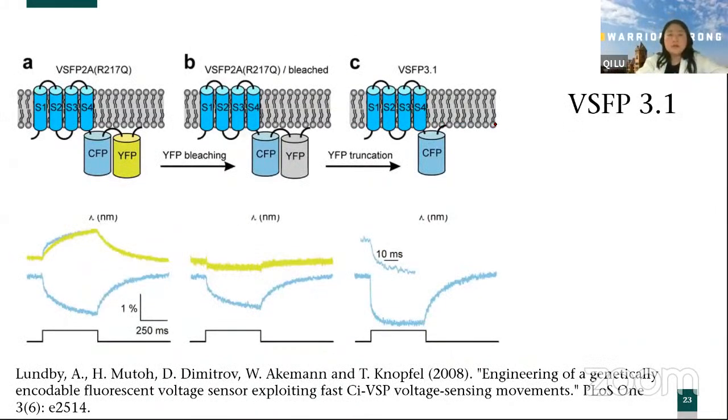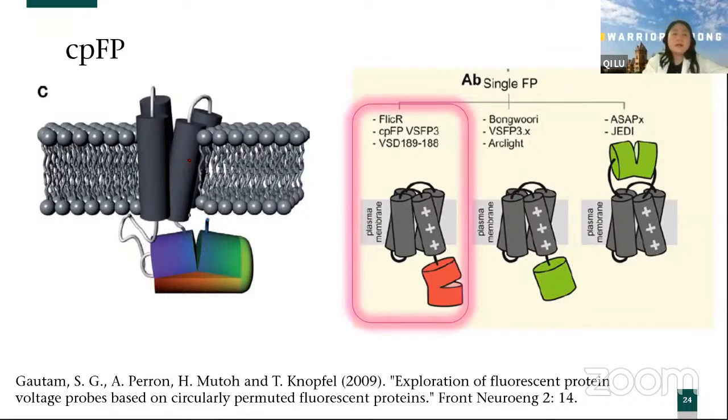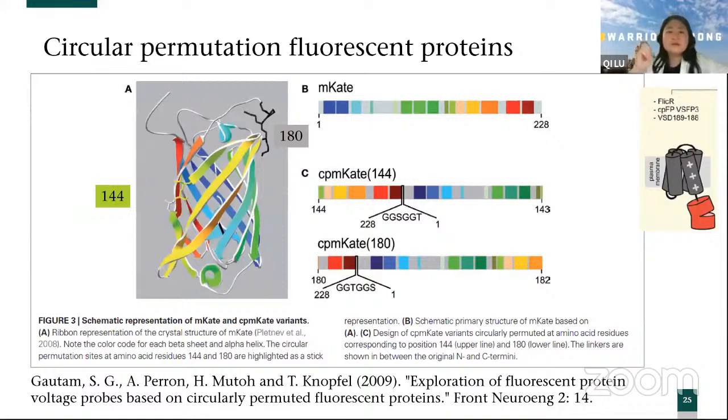Another is the VSFPs, where they truncate and only keep CFPs. Okay, another was developed in 2009 in Knöpfel's lab. First author Guntem, and this is also this chapters also. And the development, I think, is quite interesting because it's a circularly permuted fluorescent protein. So their design is like